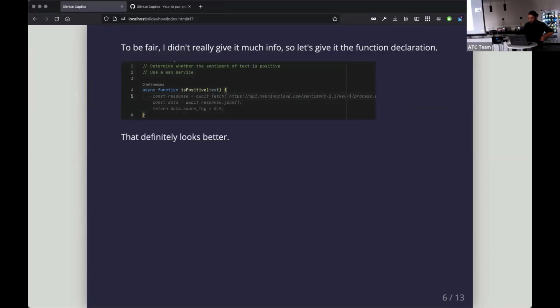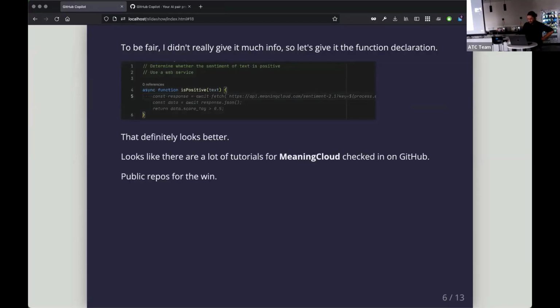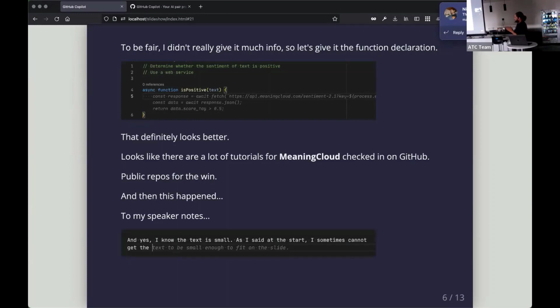So the problem is that that looks better. And obviously this is MeaningCloud, so obviously this is trained on public information. Some tutorial people posted lots and lots of GitHub repos using MeaningCloud to check this sentiment, right? Repos for the win. And then in my speaker notes, it started suggesting text for me